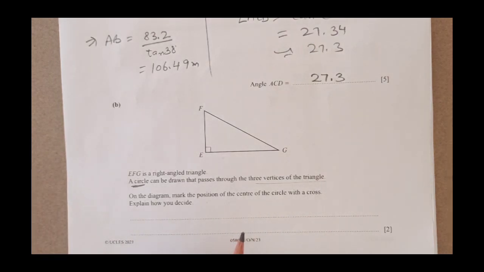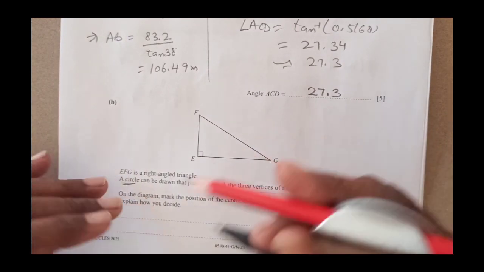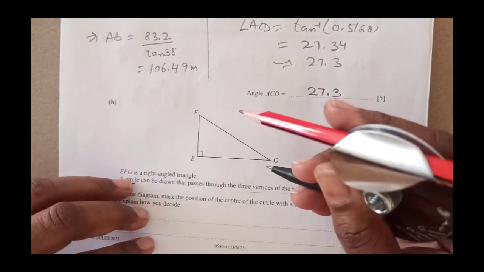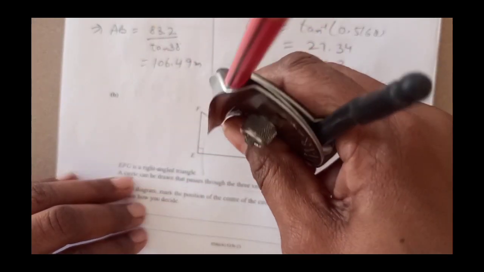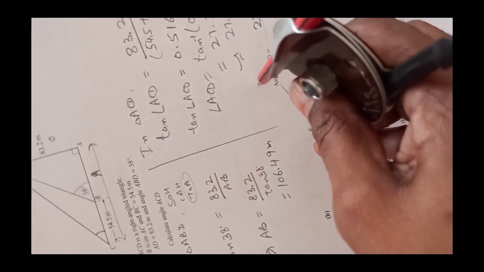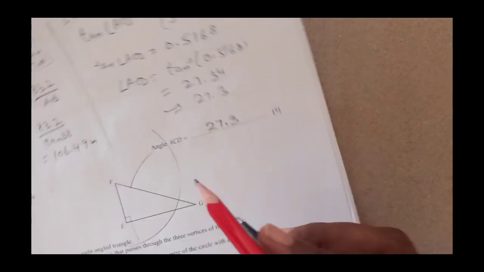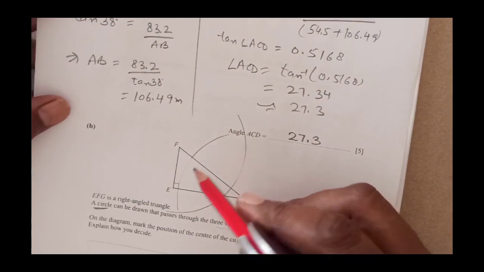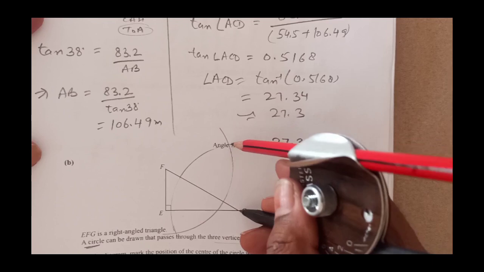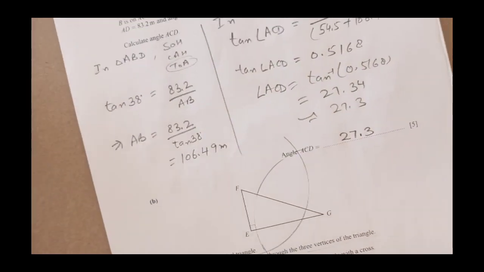So to find the center, whenever you are given a triangle to draw a circle on, we will take the midpoint of the sides, right? Any 2 sides we can choose and find the midpoint. So from here we are going to draw an arc like this. Then from the other side, this will give the midpoint of this side, like this. So then we join this one,